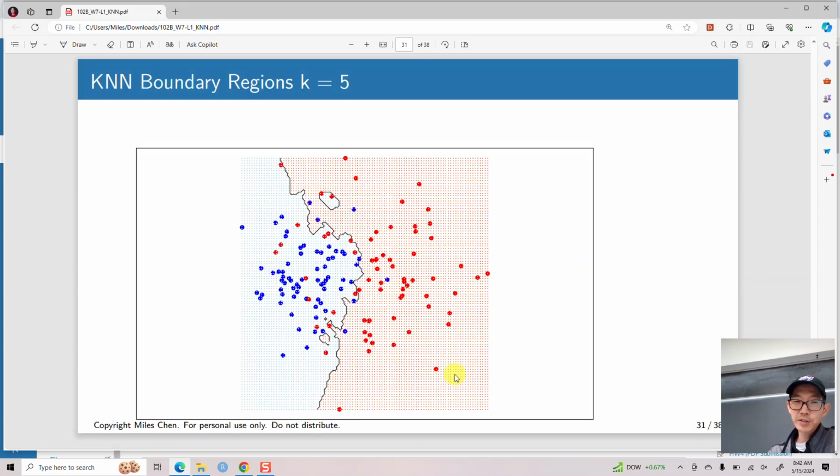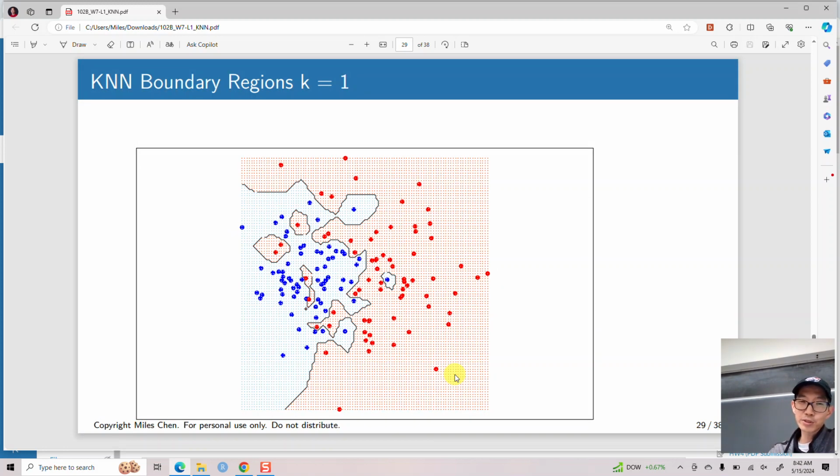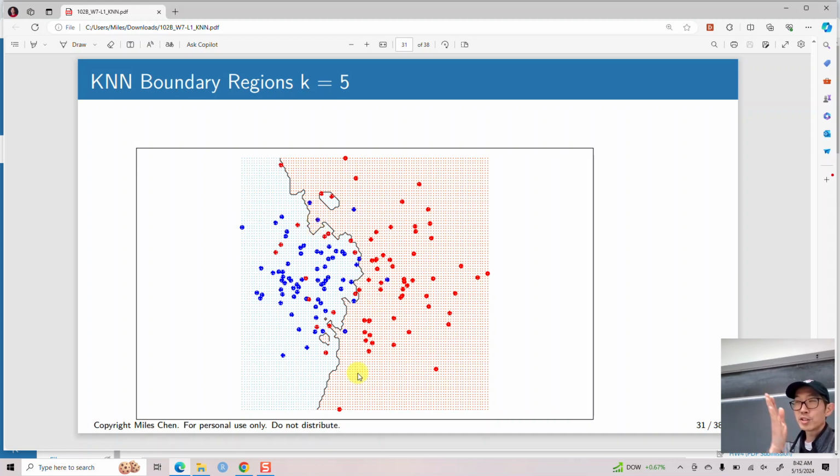K equal to 7, and you can see going from real jagged boundaries, and this isn't exactly smooth, but the shape of the boundary gets easier to explain, right? It's kind of just like, okay, draw this boundary here, okay? K equal to 7, K equal to 9, 15, right? So at this point, I would say our boundary between red and blue territories is getting smoother and